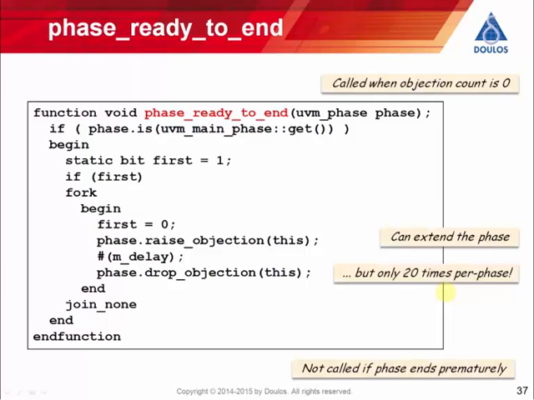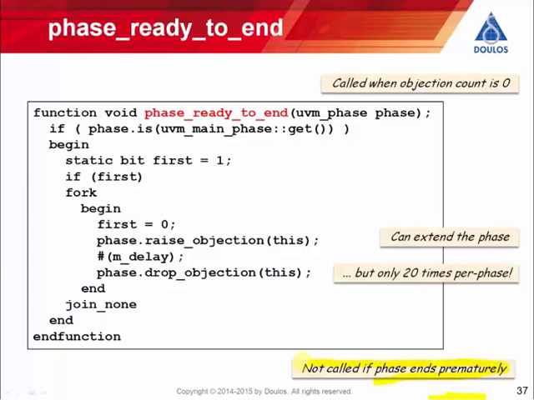The idea of objections is that deciding when a test is over is actually intrinsically a distributed process. It's not a process you can execute procedurally. It's a process that all of your components need to take responsibility for. So the right way to deal with objections is to raise an objection when you're busy doing something and to drop the objection when you really are ready for the test to end or for the phase to end. Implicitly, this code suggests that the component has dropped the objection before it was ready, because here we are raising the objection again. Nonetheless, it is a mechanism in UVM that is available for use, but beware, this method is